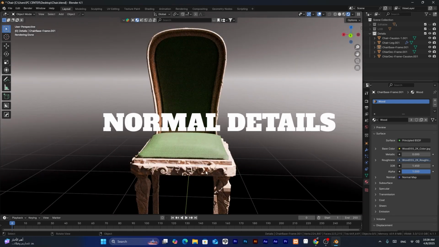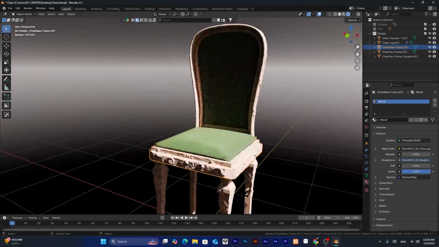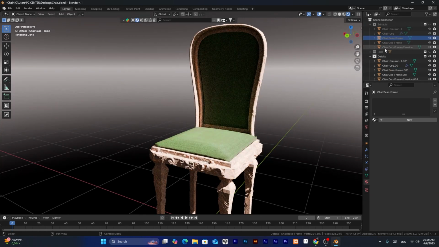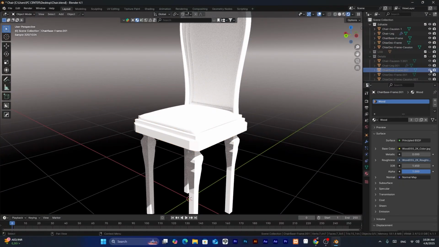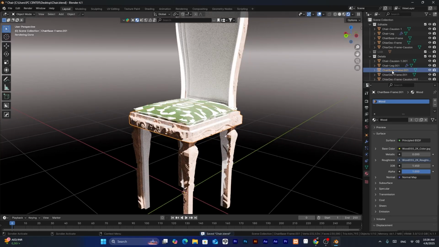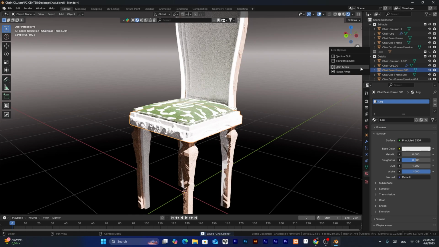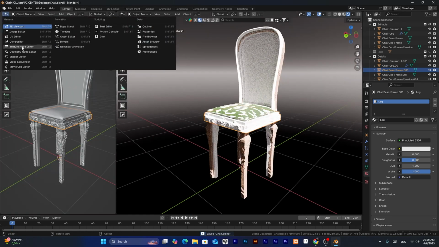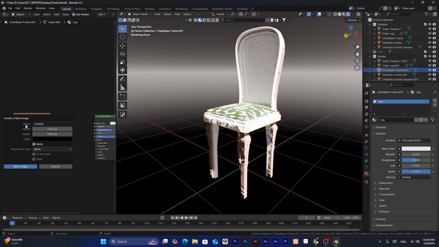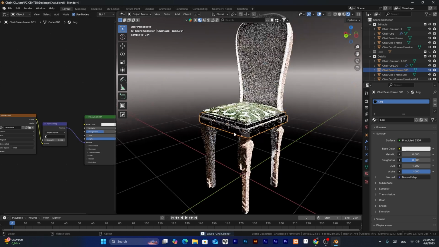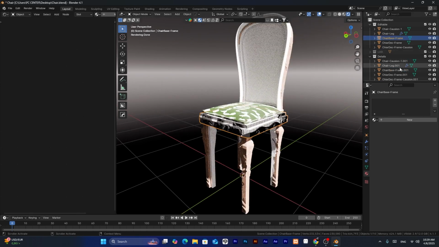I will take, for example, the details from this base and give it to our base editable, which has a cleaner topology. And how is that done? If we enable our details and editable at the same time, disable the wood material here, make a material called leg, go to the shader editor by vertical splitting, then add an image texture, calling the image leg normal, for example, connecting its color and the normal with the normal of the BSDF, and then choosing the base frame,